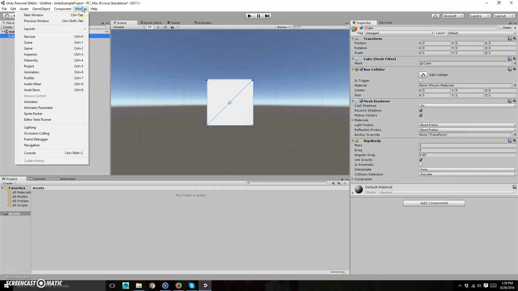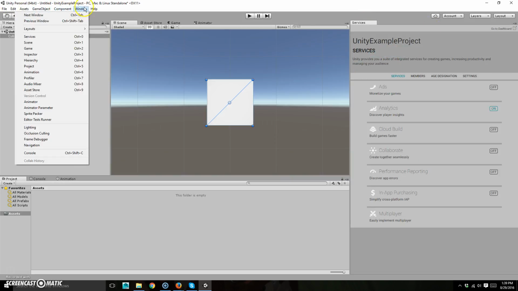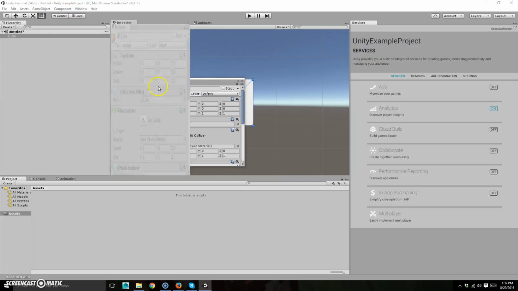Window is the same thing as windows in any other program where, if you go into Window in Photoshop, you'll have all the different panels in here. That's what these all represent. So you see inspector over there. If for some reason I close this tab, I could go into Window and do inspector, and there it is,